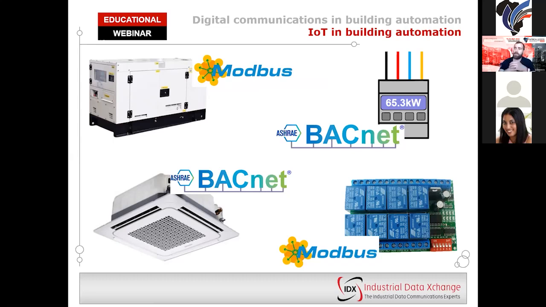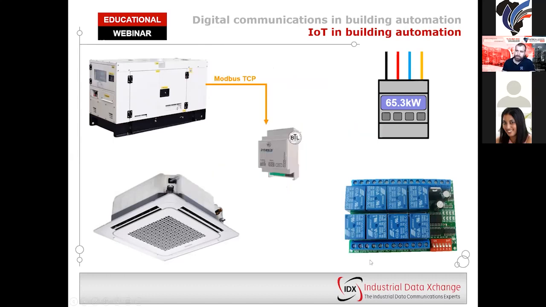Now, as I mentioned, very often these type of systems have communication interfaces already built into them, straight out of the shop. So in this case, my generator at the top here has a Modbus interface. My power meter has a BACnet interface, as well as my air conditioning unit. And my lighting controller over here, which you can turn on and off lights, also has a Modbus interface. So Modbus TCP, Modbus RTU, which is the serial variant of Modbus,